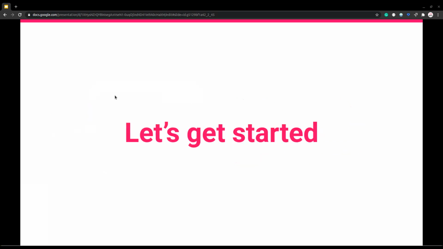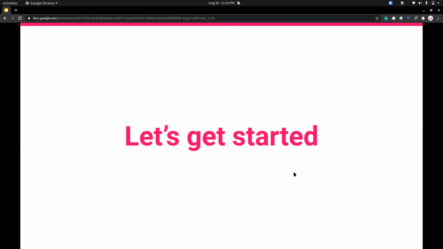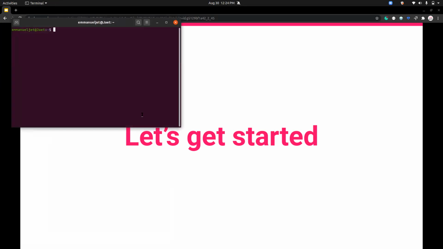Now that we know the meaning of AECLI, you would want to install it globally on your computer using the npm package by typing the following command on your device CLI. For me, I'm going to make use of my Ubuntu. So let me get that ready. Okay. To install it, you would want to run npm install